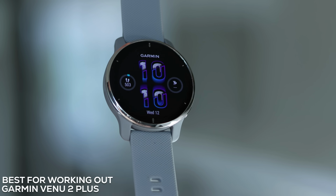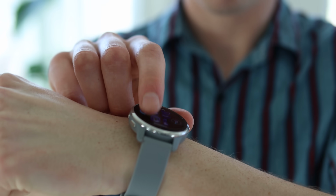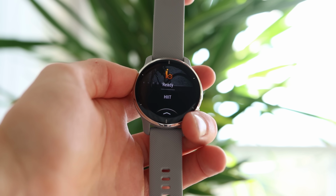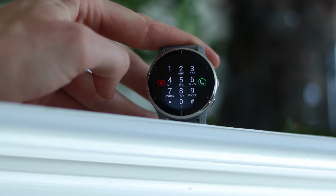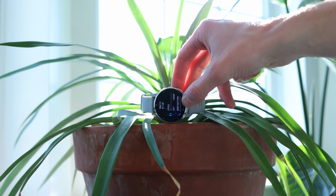I've actually been wearing this as my everyday smartwatch for a good couple months in the past year. I really loved this watch. And although Garmin's interface is not nearly as refined as the likes of Wear OS or Samsung's interfaces or Apple's interfaces for that matter, it still gets the job done. You're able to see a lot of your health analytics, and on long workouts, you can customize the display, you can listen to offline Spotify, and most importantly, it's thin, it's light, it has a long battery life, and it's